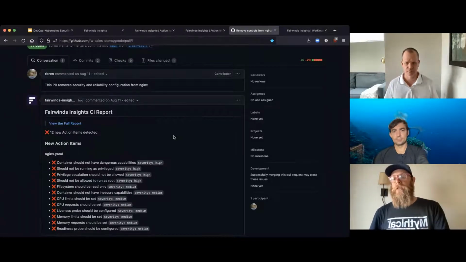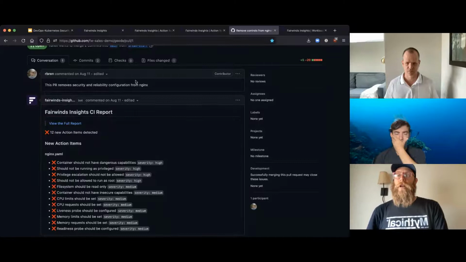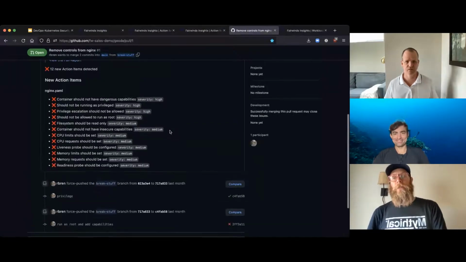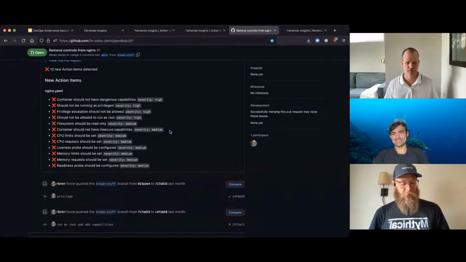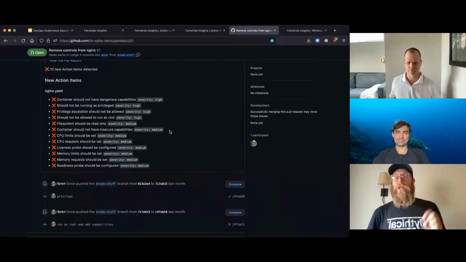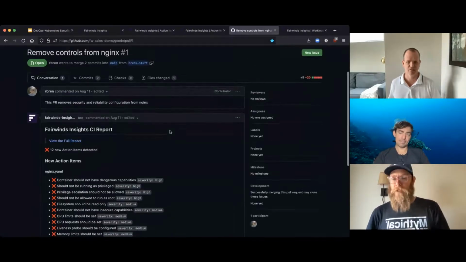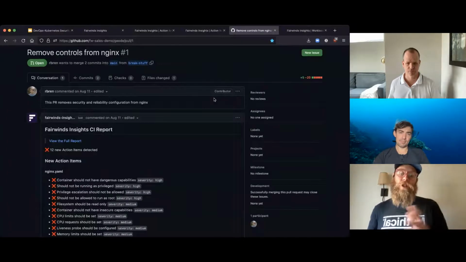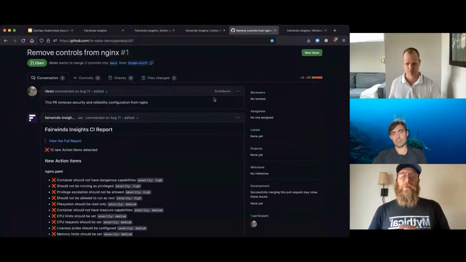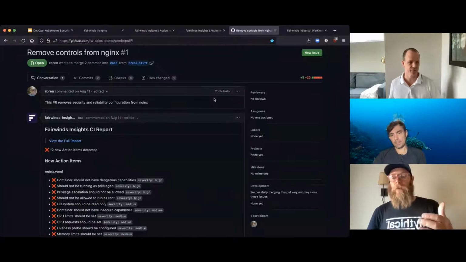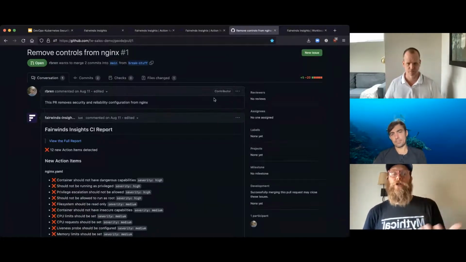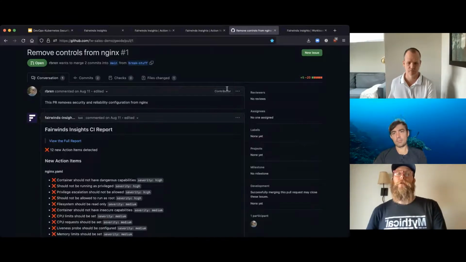So here we have Fairwinds Insights with a CI report. Here's an engineer removing some security and reliability configuration and what needs to be solved in terms of this is not going to go through. So therefore, I'm a developer, I get this far, I recognize I've made lots of mistakes and my deployment is actually blocked from happening. This is how guardrails look in the real world. So this is what a Fairwinds Insights CI report looks like, and this is pushing that left so that developers are enabled to fix the problems on their own. They can click on one of these issues, it'll take them into the UI, and it'll show them what they need to go about doing in order to fix it.